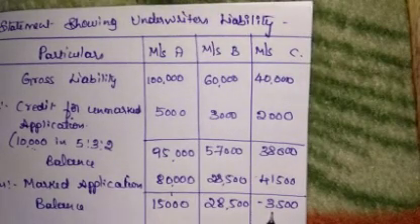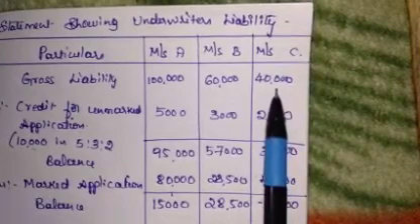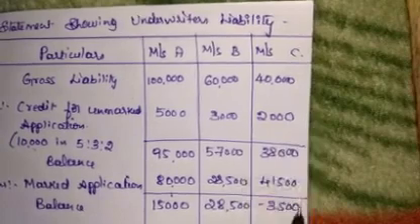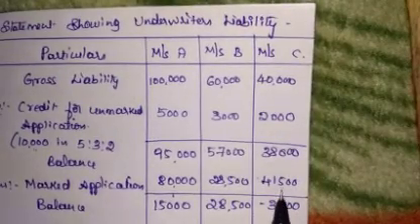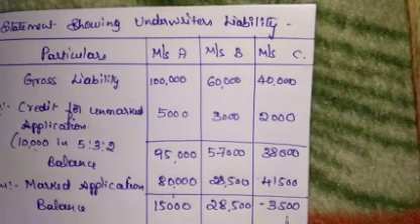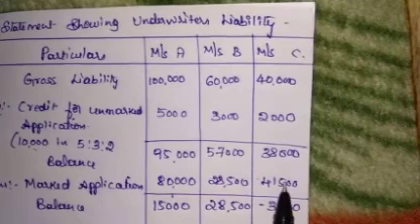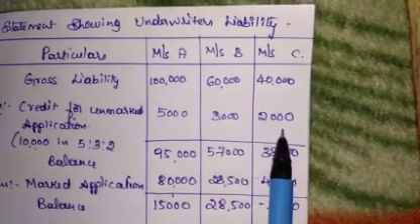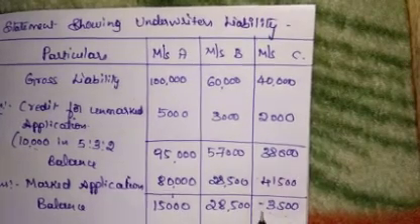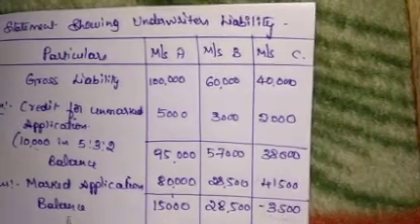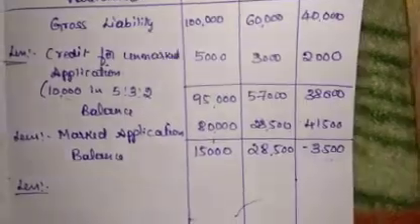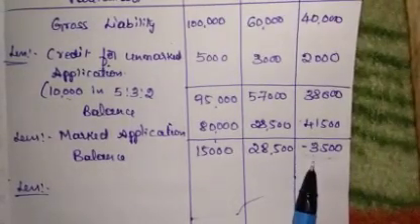How will we get it? Because here the liability of C is to take up 40,000 shares, but through C 41,500 shares came. So that means an extra 1,500 shares came, and 2,000 were unmarked application. Total he'll get a benefit of 3,500 shares. That means this is a surplus. This surplus we have to share among the remaining underwriters, and we have to make the liability of C nil.